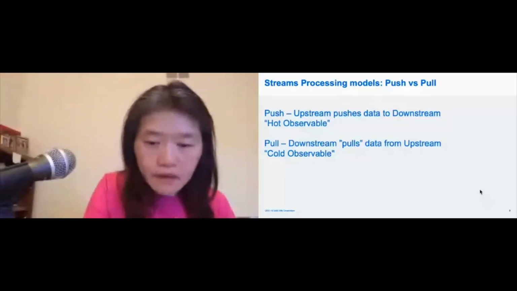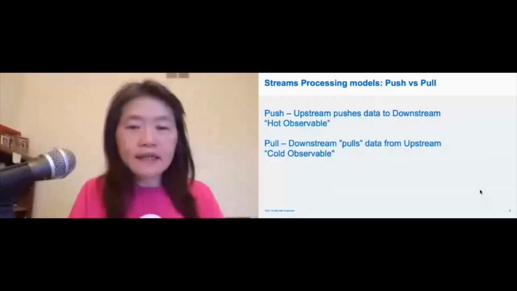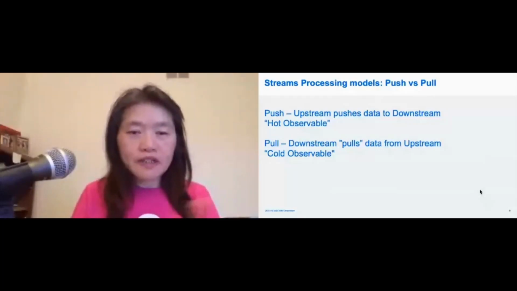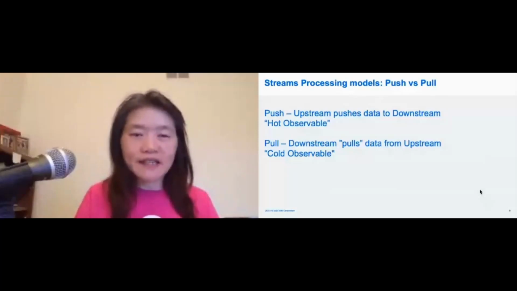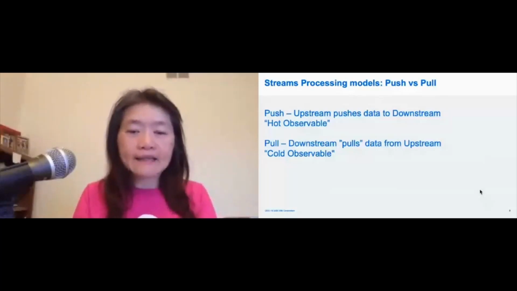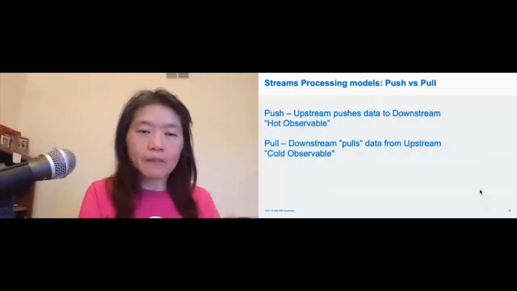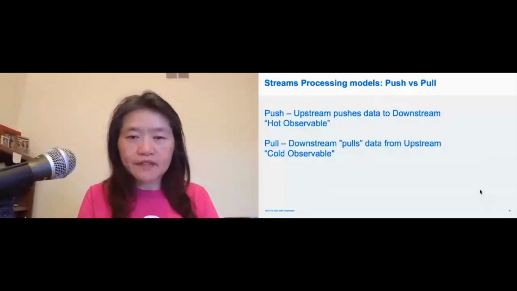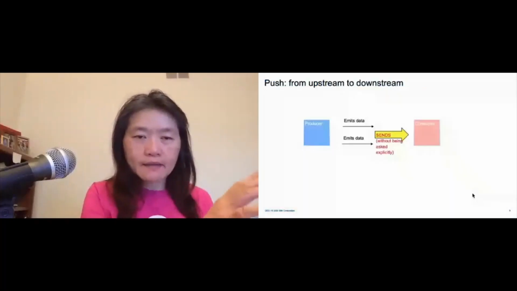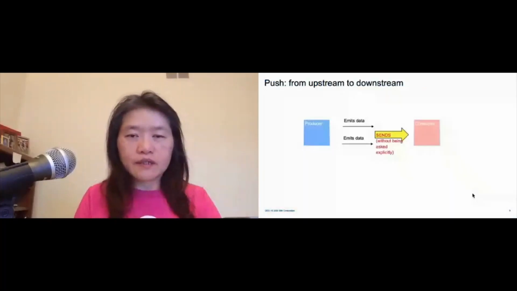Okay, let's take a quick look at push in the picture. Here the producer emits data and sends it to the consumer without being asked explicitly. So it's a producer-consumer, or publish and subscribe, scenario, going from the source to the receiver.